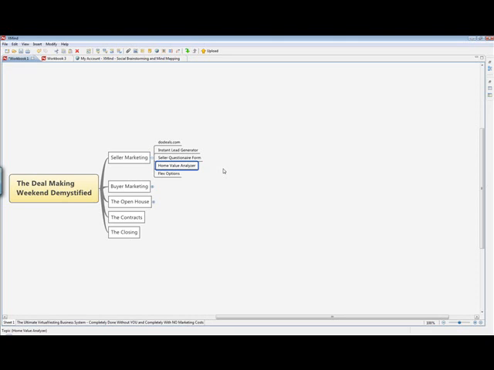Just punching in the address to look at the home value real quick there, and depending on how much equity is involved there, they would then try to get the seller to get a flex option on that property with the seller.